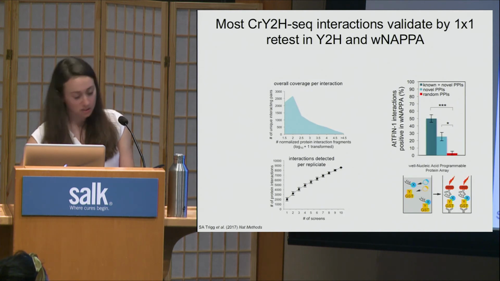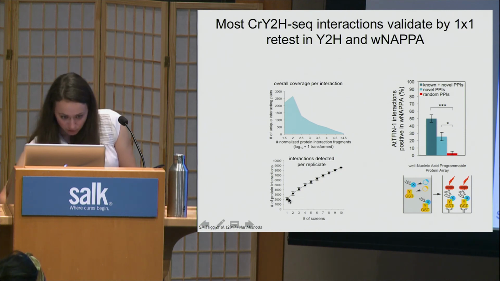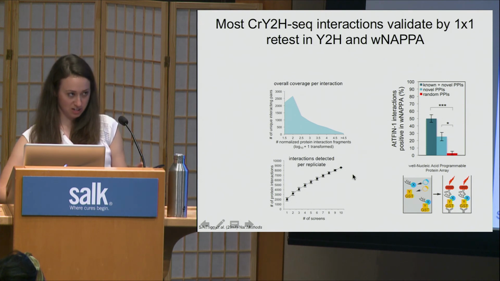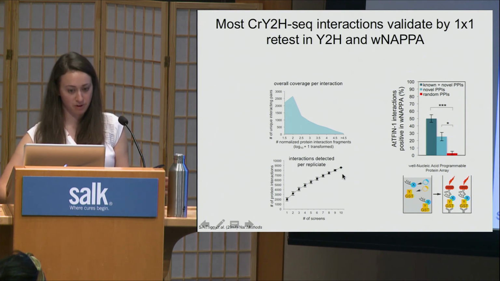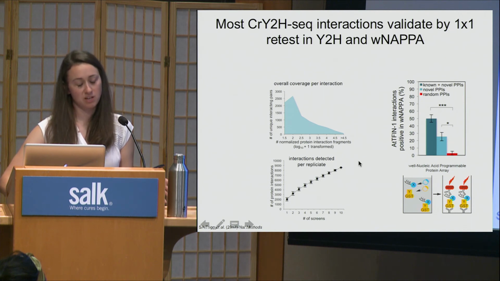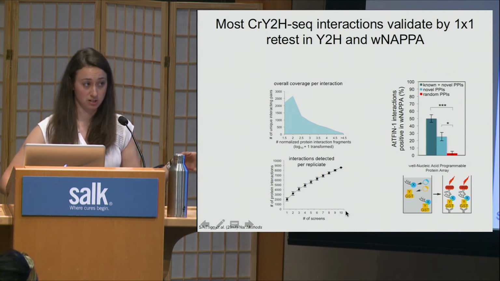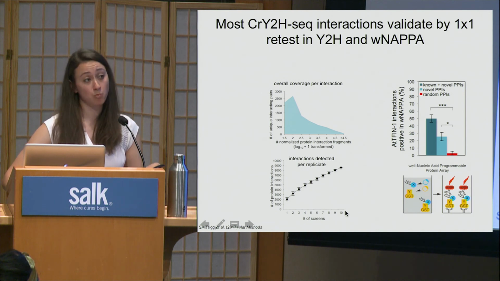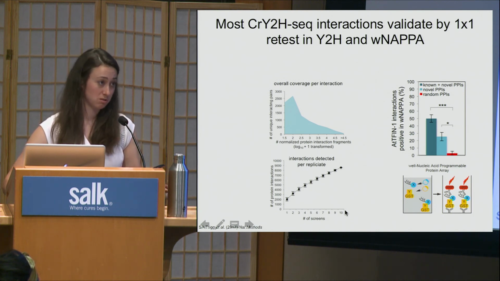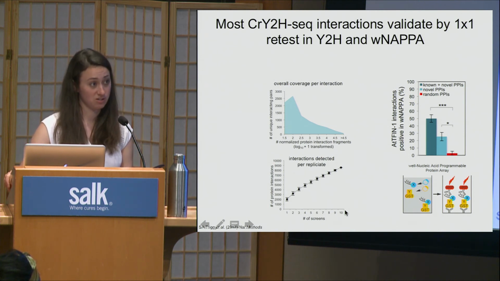Yes. So this is the saturation estimate over the number of replicates that were done. I have another figure in the paper that shows what we estimate to be saturation, and we see that in 10 replicates, it's about 50% saturated. So if we did more replicates, we could potentially detect more pairs and reach saturation. So that was one question.